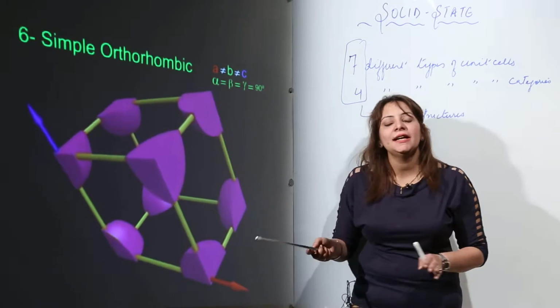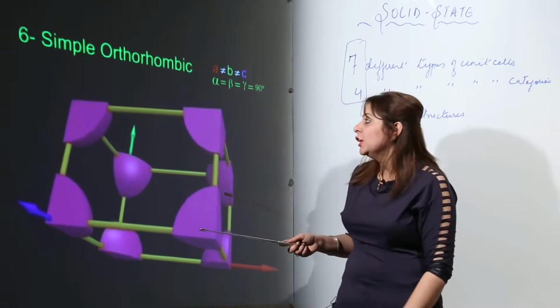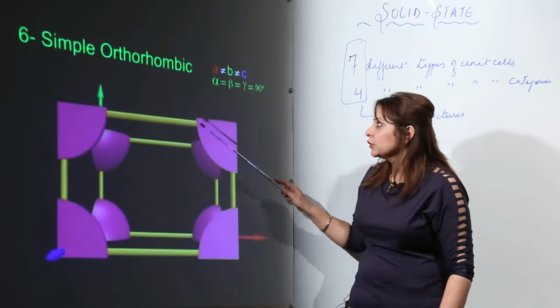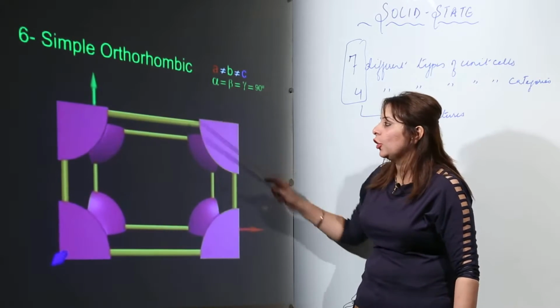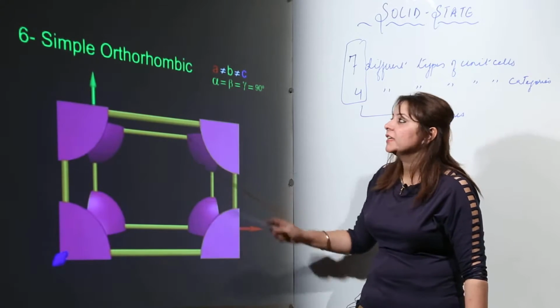Always keep in mind that the particles which are present at the corner are a part of the 8 unit cells around, right. So that means they are contributing to their unit cell only 1/8 part. So this is what we get to see. We get to see orthorhombic in the form of the primitive one. So this is what you get to see in this figure.